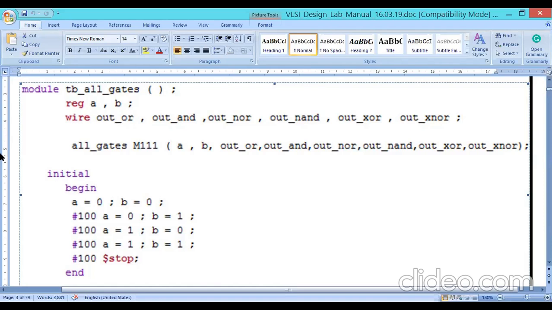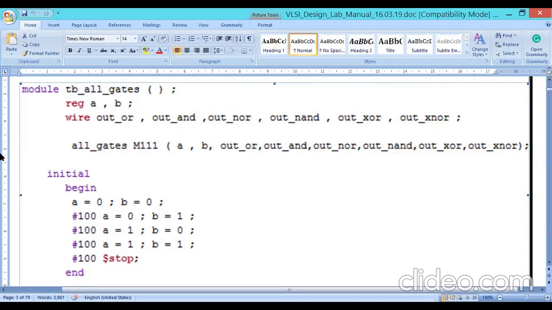Generally we use dollar stop or dollar finish. Both are similar. Dollar stop means just like a hold, stopping and holding, then we can note down the readings. Dollar finish means it will stop the simulation and go back to the software.